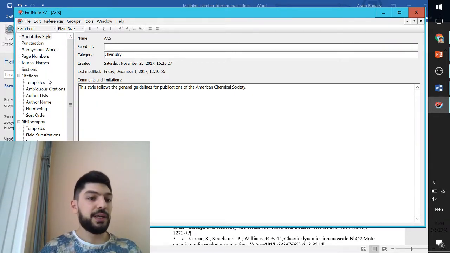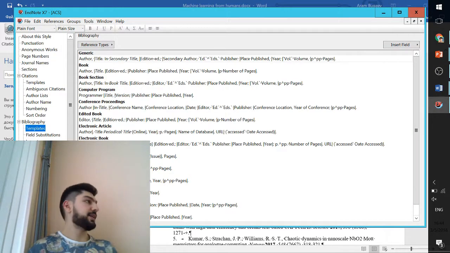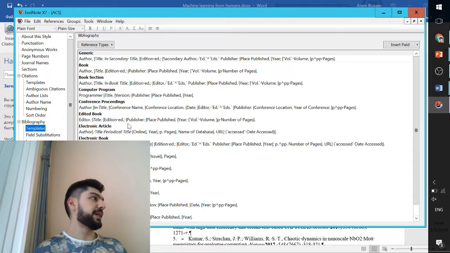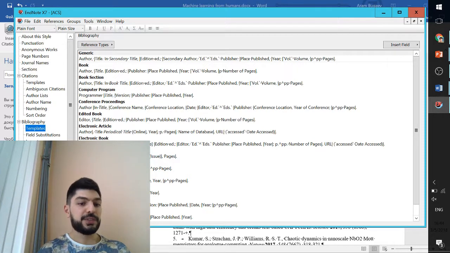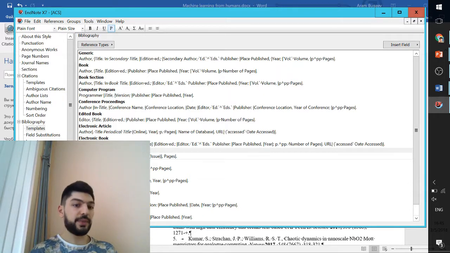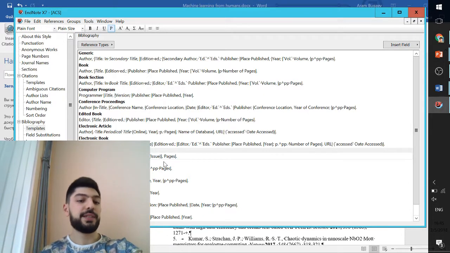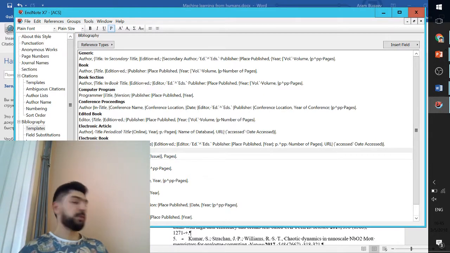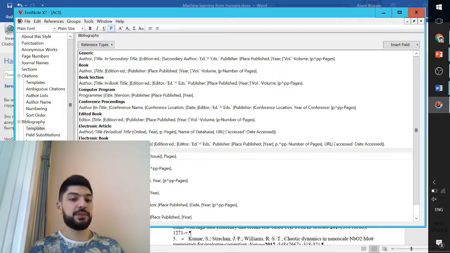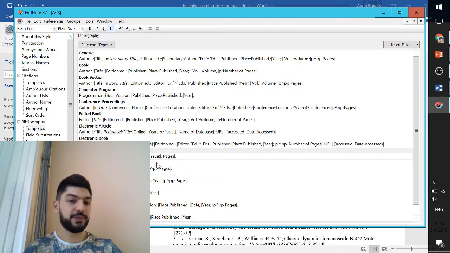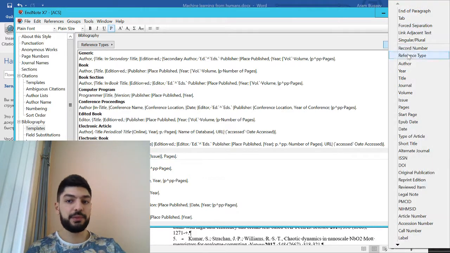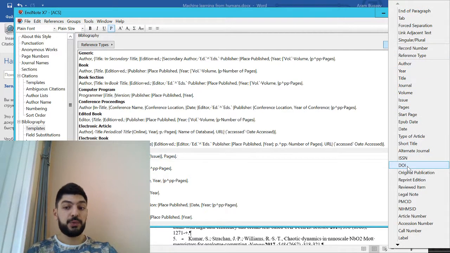For example, these are the templates for making the reference list. If we go to the journal article, now the order is author, title, journal, year, volume, issue, pages. If you want to modify something, for example, you want the year not bold, you can edit it just like here. If you insert some additional field, for example, DOI,